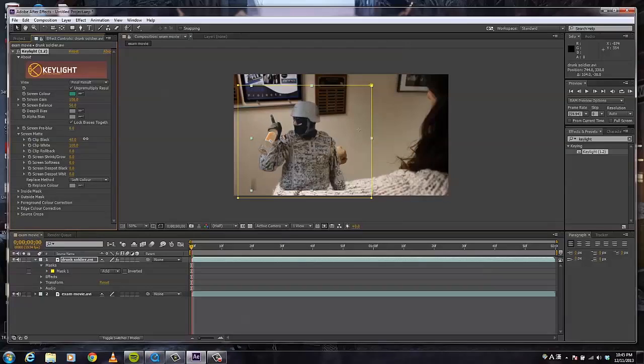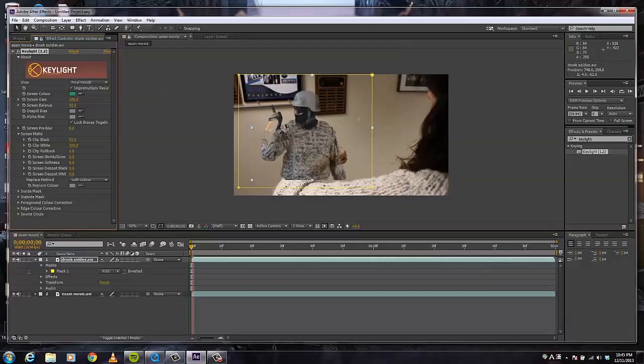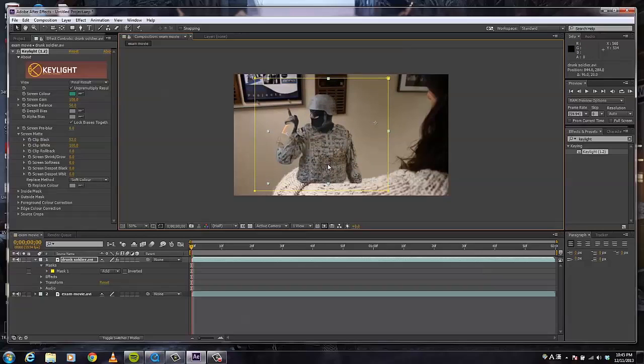What I'm going to do is basically clip black here. So you can see that it kind of gets transparent, but for the purpose of what we want to do, it's going to be a hologram, which is going to be semi-transparent, so it's actually perfect for us. So let's leave it at that, and